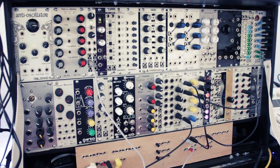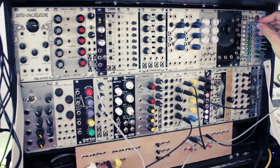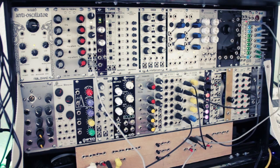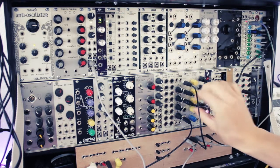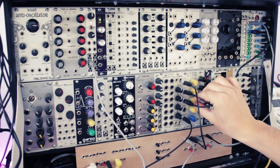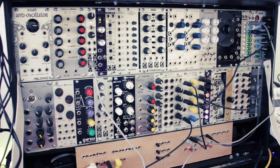Now let's create a multiplied frequency output by using the 4MS shuffling clock multiplier. This will take an incoming clock signal and multiply its speed, so it will create a higher pitch. So I'll patch the VCO's output into the trigger input of the clock multiplier, and we'll patch the multiplied by 2 output into my mixer and see what happens. Yeah, that doesn't sound as clean as the clock divider output, but I also have some controls here,